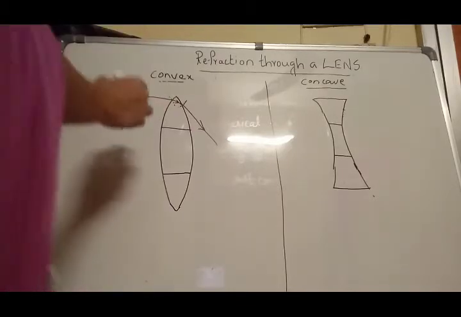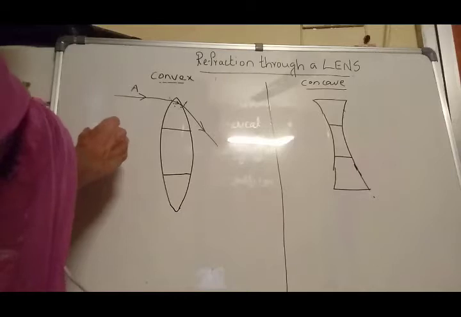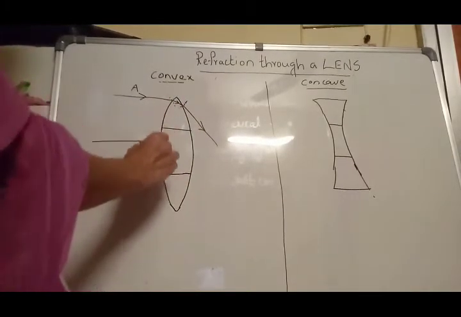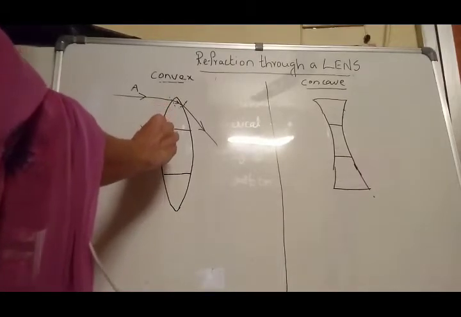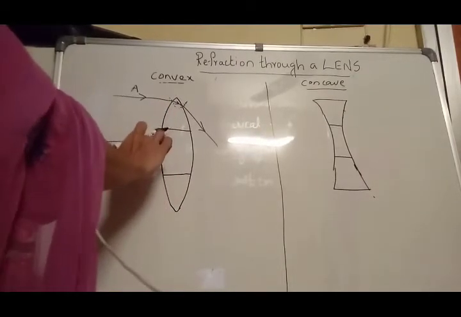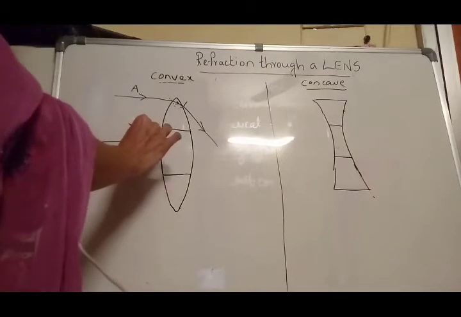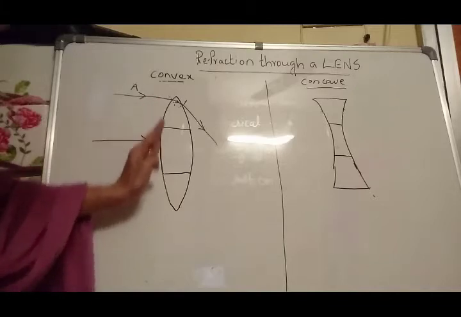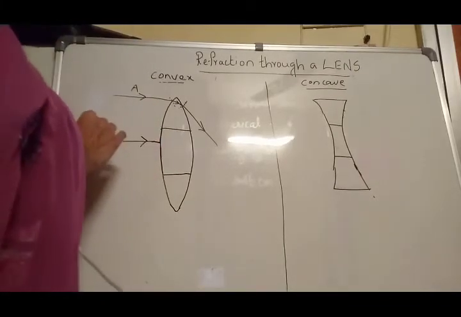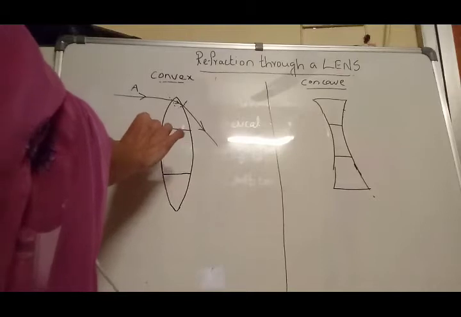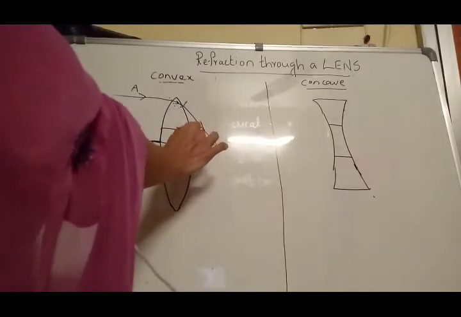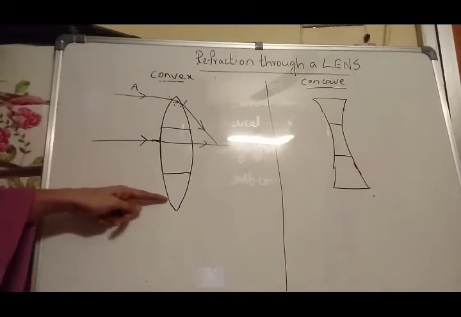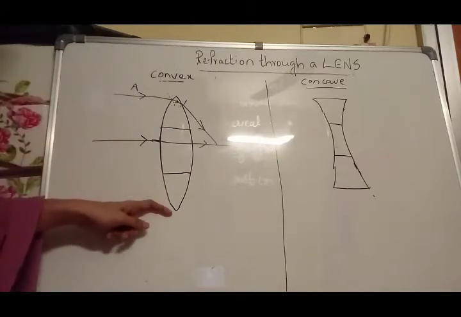Now if the ray is traveling through the slab region, the ray is coming normal to the slab region, because here the curvature is very least and the middle region acts as a plane surface. So the ray is a normal ray, so it won't get deviated, and it simply passes straight. That is the second ray. Now moving to the third ray, the ray which is falling on the lower portion of the